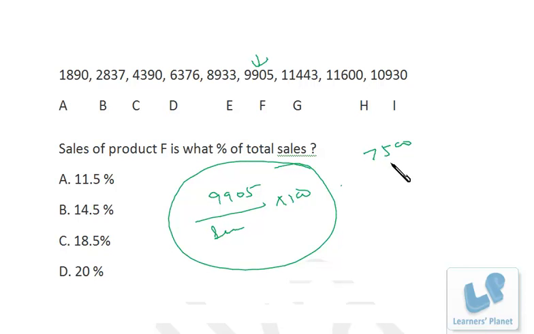Now 7500 is actually 11.11% because there are 9 data. This is the average. So the average of 9 data, that's 100 by 9, is 11.11%. That means each contributes on an average 11%. Now 11% is 7500. Now this data is what? It's around 10,000. So 7500 and 10,000, the difference is 2500. So that is 1/3 of 7500.